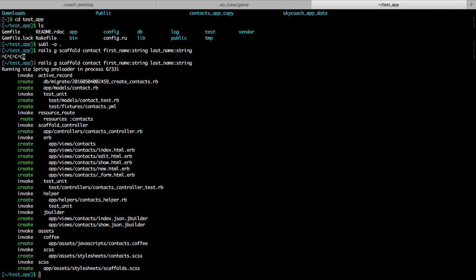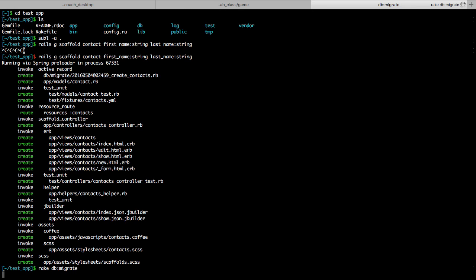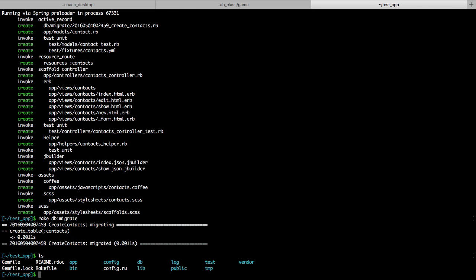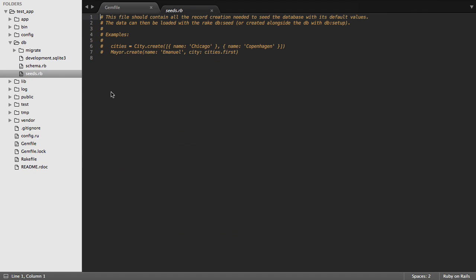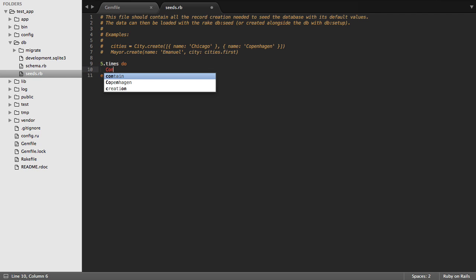So now the Rails command will run. We'll migrate it. Okay. And I'm going to come in here and quickly script out a seed generation. Oh dear God. All right. Just give it a damn variable. So let's just